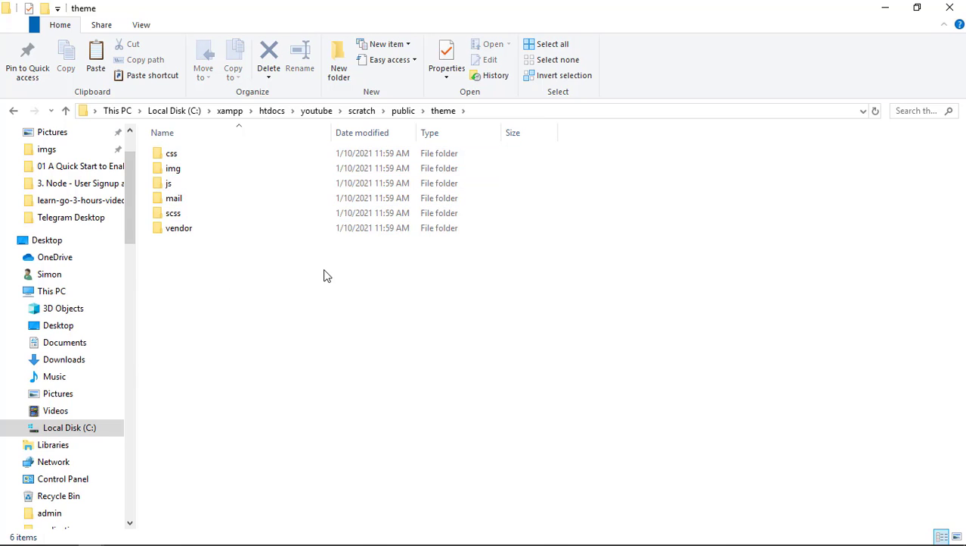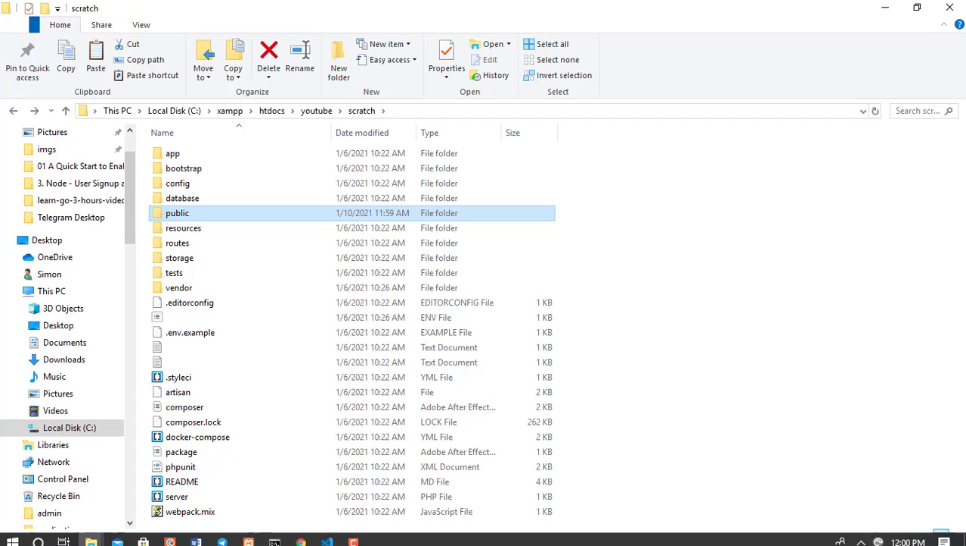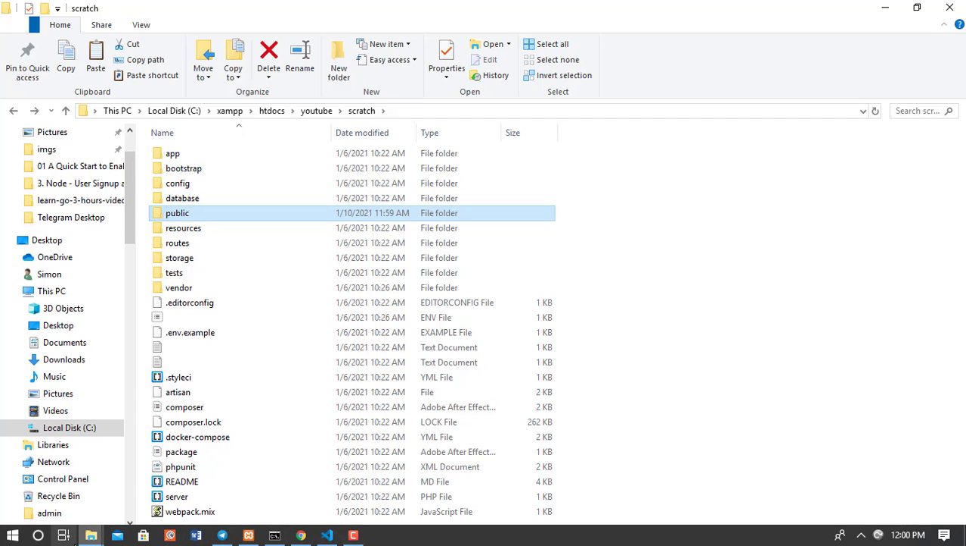Not code, you paste those files. So after pasting those files, why are we pasting those files? Because we are going to require them. We have pasted them in the public directory. Another thing we do, let's open this